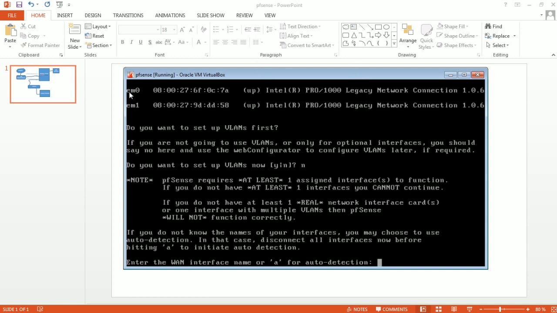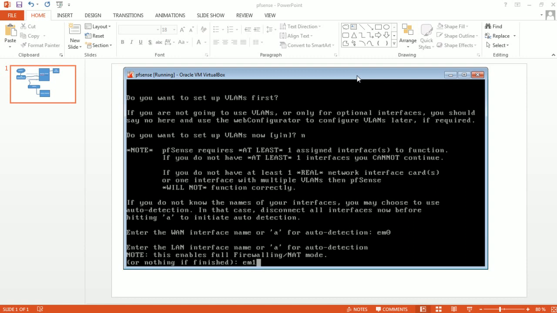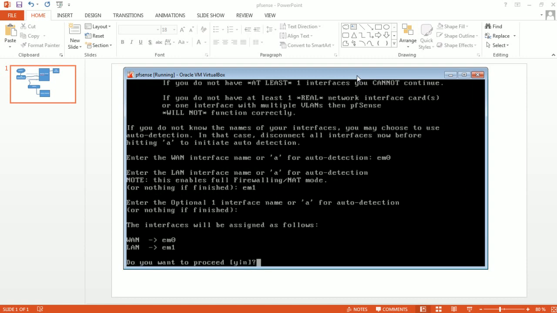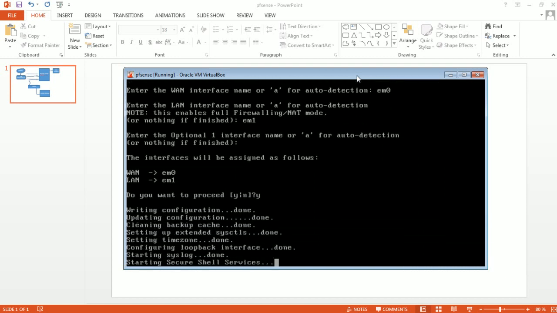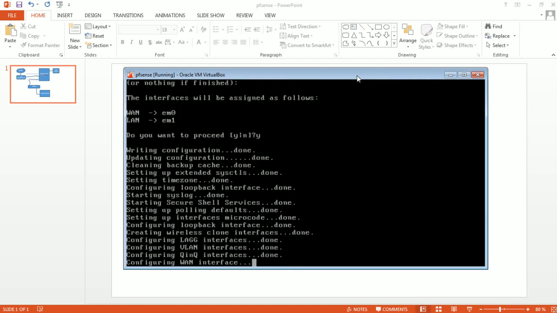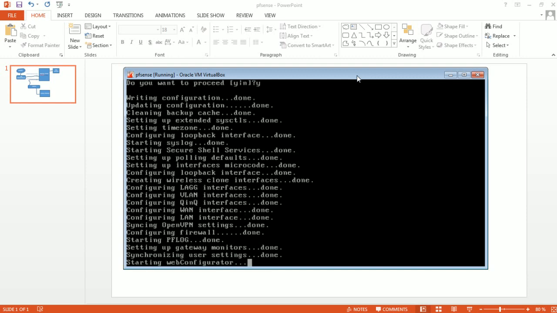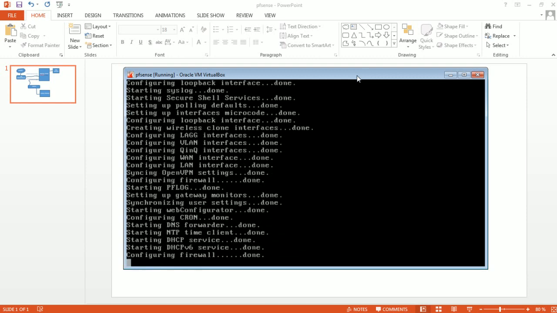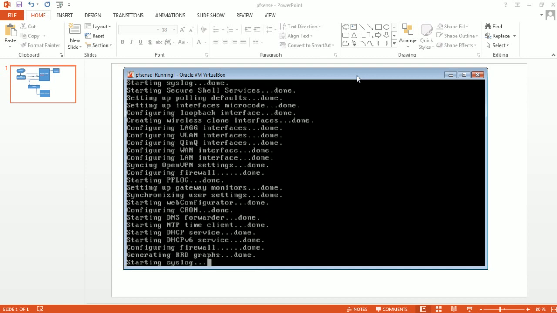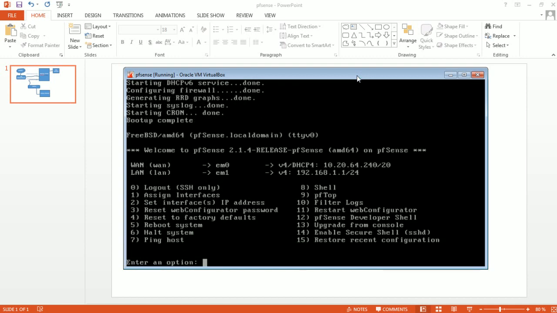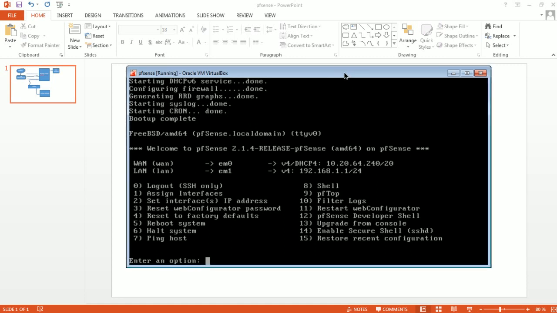As you can see here, it's the EM0 and EM1, and I know that this EM0 should be my WAN, and the LAN should be the EM1. Enter. Yes, I want to proceed. And we are done. Okay, so what's next? So what's next is,